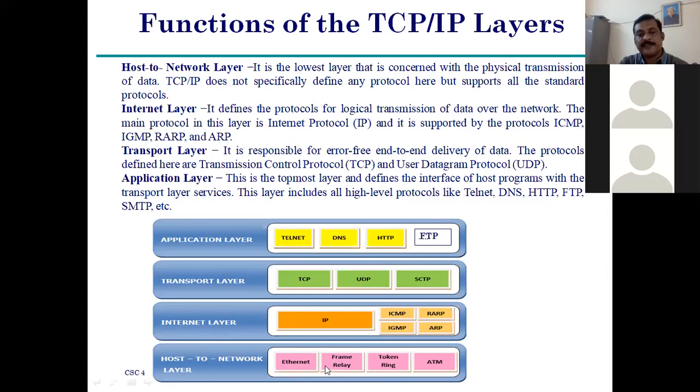Next, frame relay. Frame relay is one type of network. In this frame relay, the information is transmitted in the form of frames, right? So the host to network layer contains some information, and that information is transmitted based upon all of these. Another type is the token ring topology. Here the information is organized and transmitted based upon a token based system, right? We know the information about token ring, right?